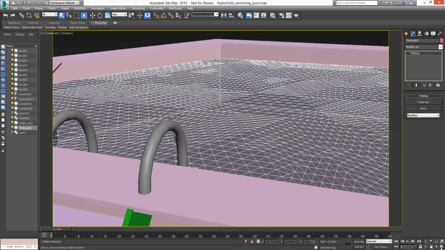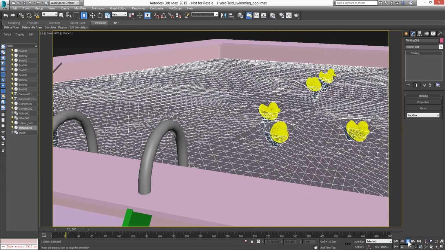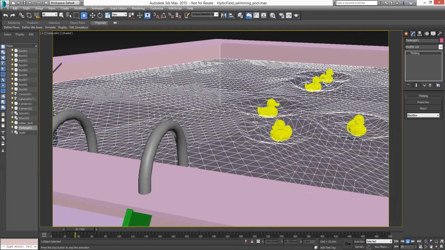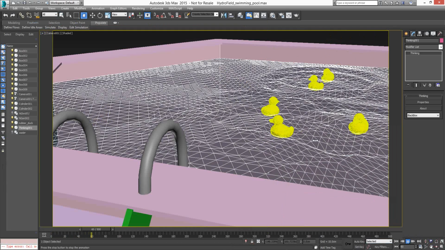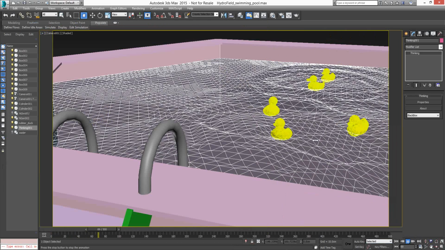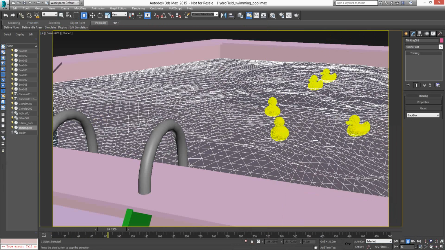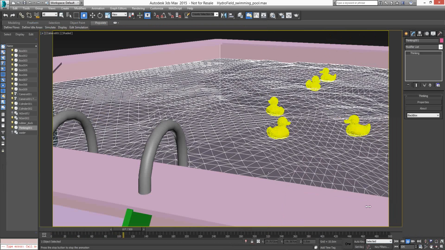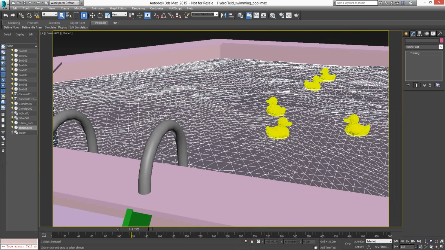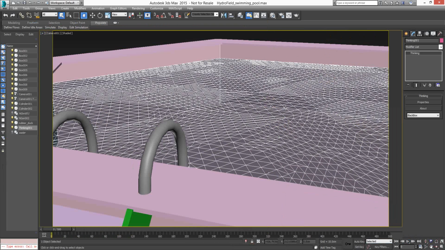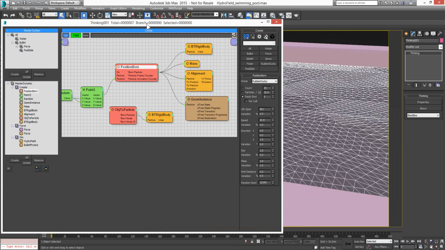and if we move out here, let me just play back here. So we only have 5 rubber duckies here distorting our water surface. And again, you can fine-tune the surface, you can fine-tune the parameters, and if we wanted, we could do the same trick again I did before, where we had in our hydro field,